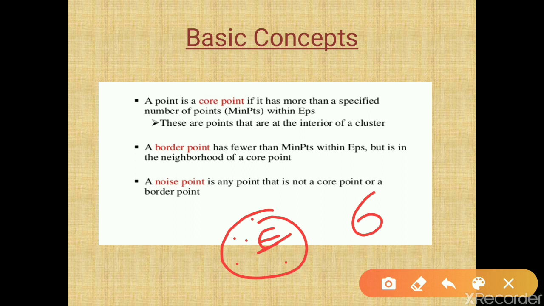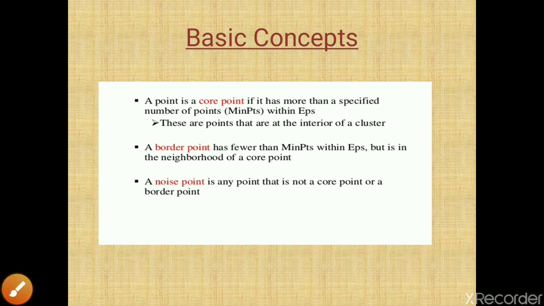So this has fewer than the minimum points but is within epsilon, so that point is known as a border point. Then if a point is not a core point and not a border point, we call that point noise or an outlier.